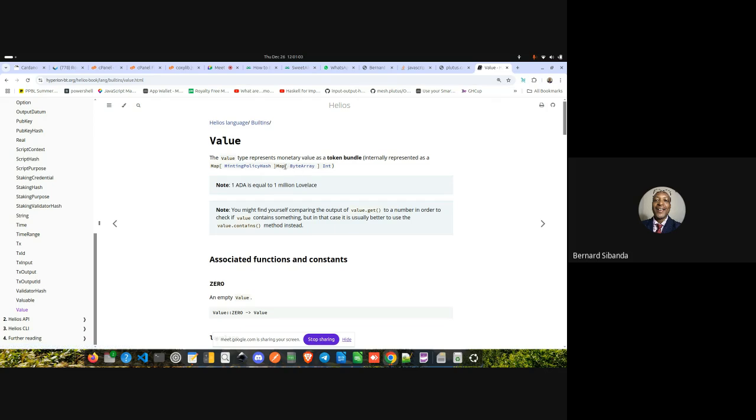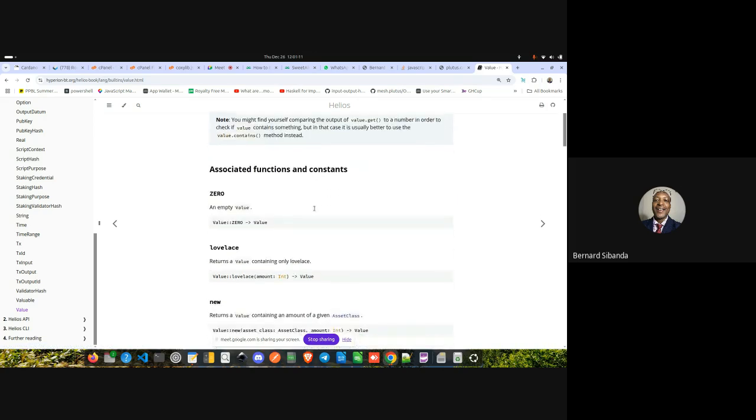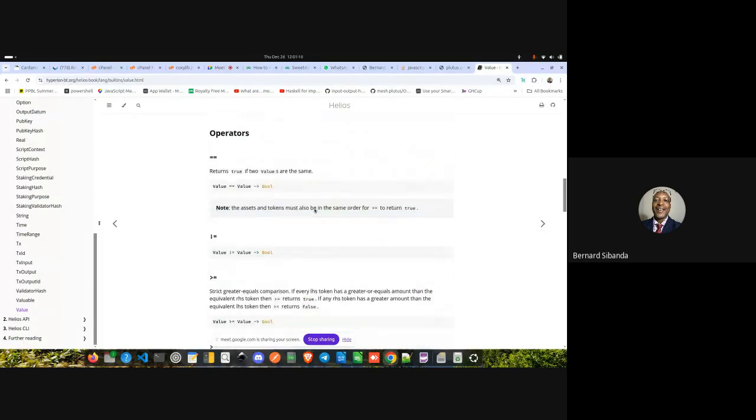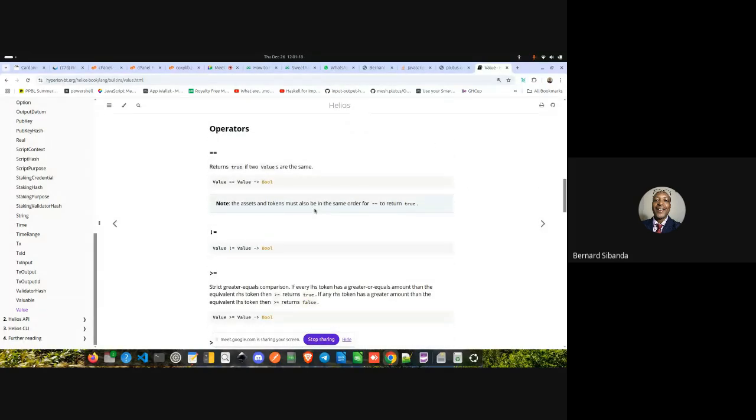It's a list of token names with their quantities and minting policies. Then there are functions under value on the on-chain part. But here we were talking about testing on the off-chain part. What I'm saying here is we should be able to create our own function that will test an object off-chain, that this is value or it is not value.